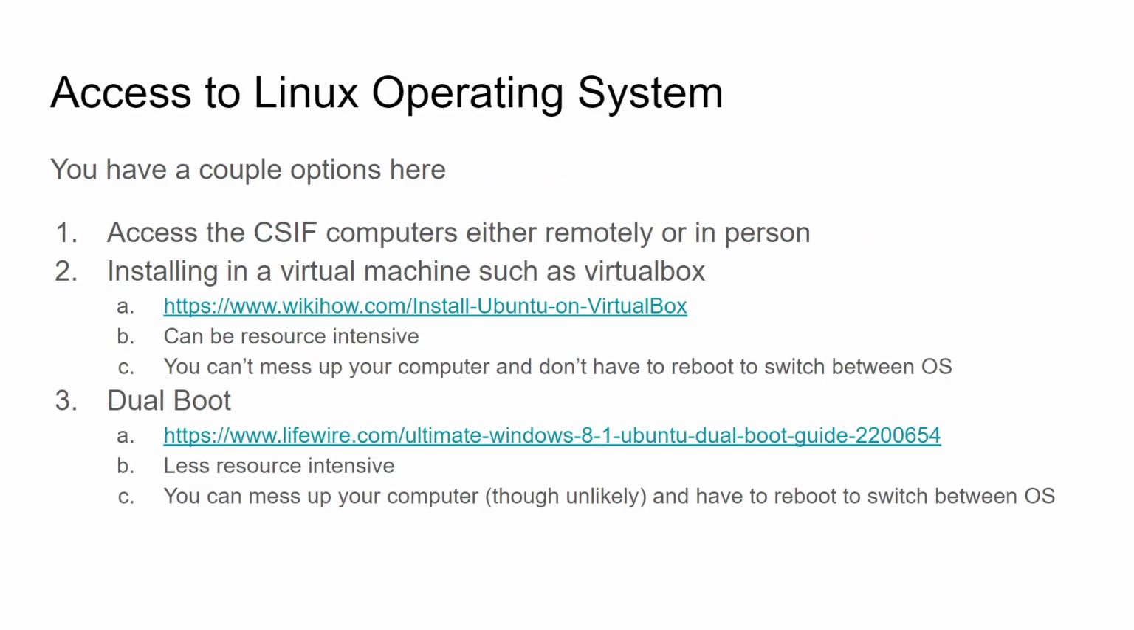Okay, so there are a couple of ways you can get access to the Linux operating system. You can go to the CSIF computers, which are in the basement of Kemper Hall. You can access them either remotely or in person. You can install a virtual machine on your computer, such as VirtualBox, which is what I'll be using in the class. You can also dual boot. You can also use the Mimir IDE and program on there, and you'll have access to the Linux